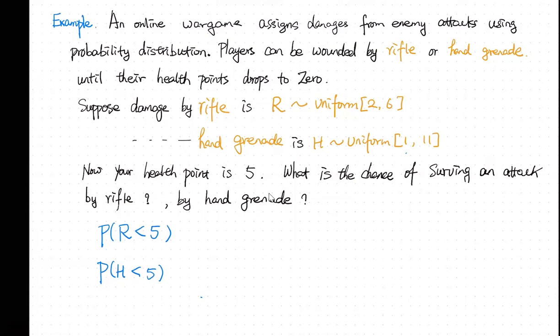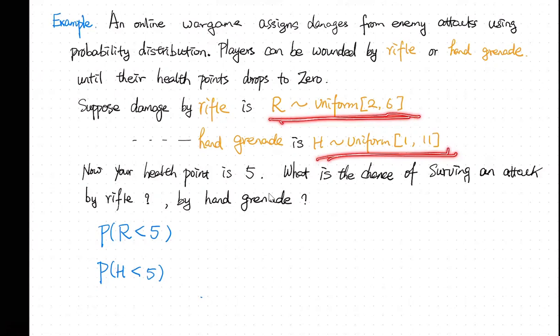Now suppose your current health point is 5. You have 5 health points left. What is the chance of you surviving an attack by rifle? And what is the chance of surviving an attack by hand grenade? We can calculate these probabilities using the knowledge about the distribution of the damage done by rifle and damage done